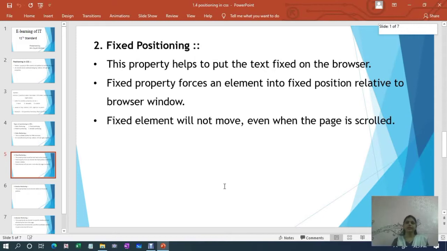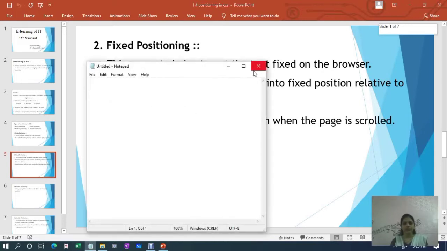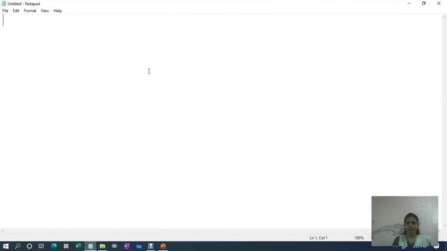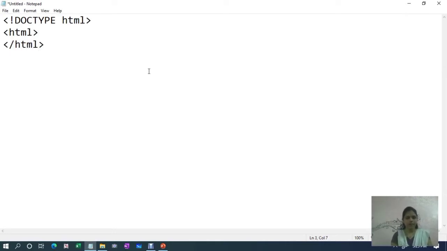So let us write a program using fixed positioning. First open a notepad, after that start writing the code. So doctype HTML. After that HTML tag start, then end of HTML.